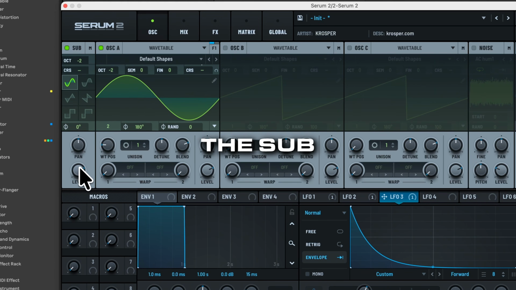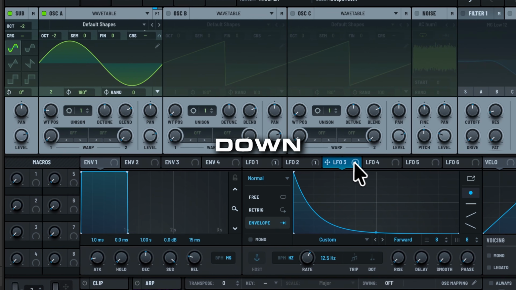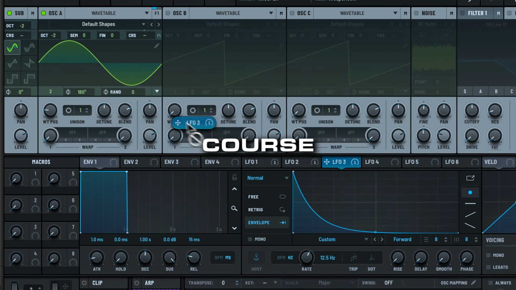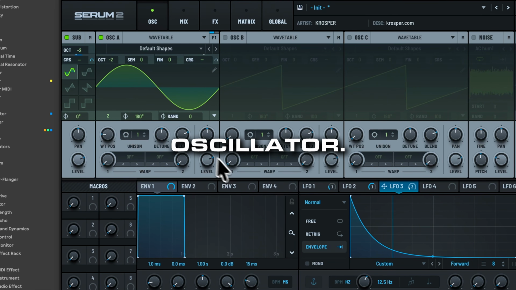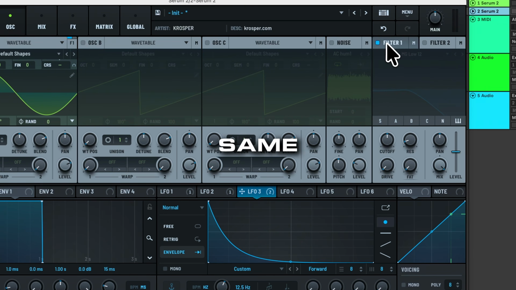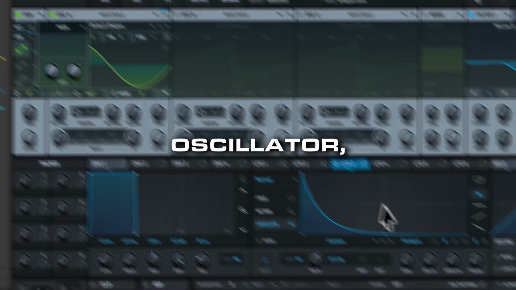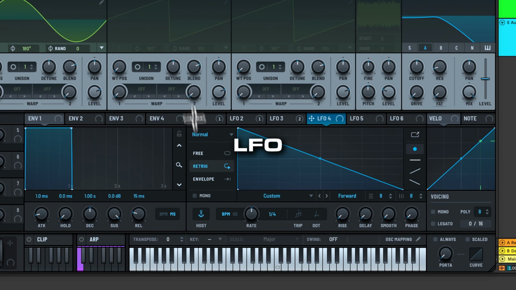Now I activate the sub-oscillator. I bring it down by 2 octaves. Then I take the same LFO that is controlling global main tuning and map it to the coarse pitch of the sub-oscillator. This makes the sub follow the same transient movement as the main oscillator, so I create LFO4 in